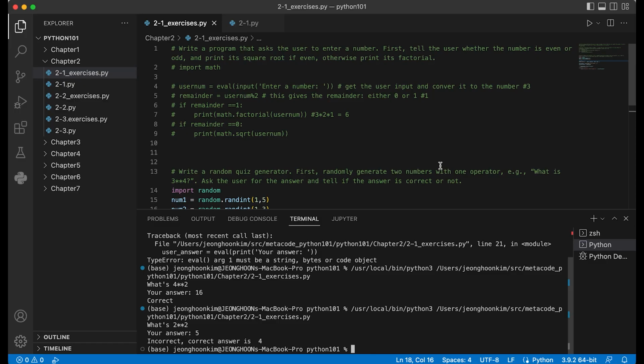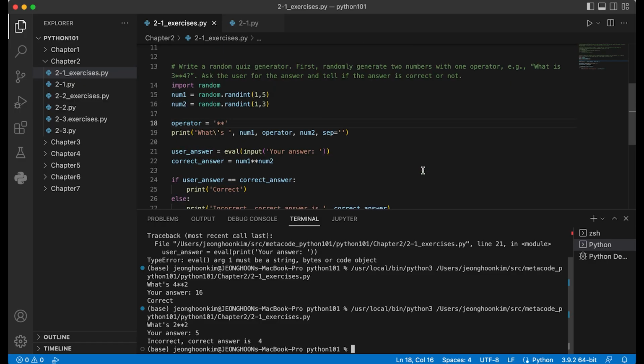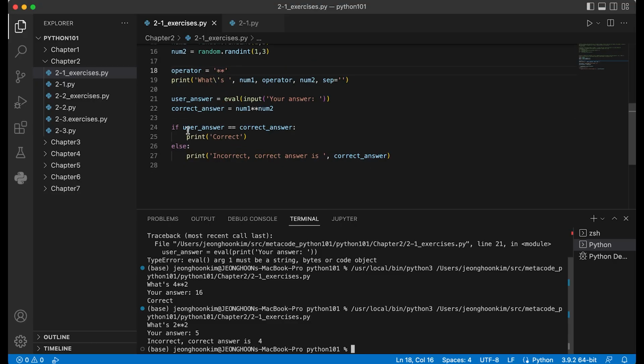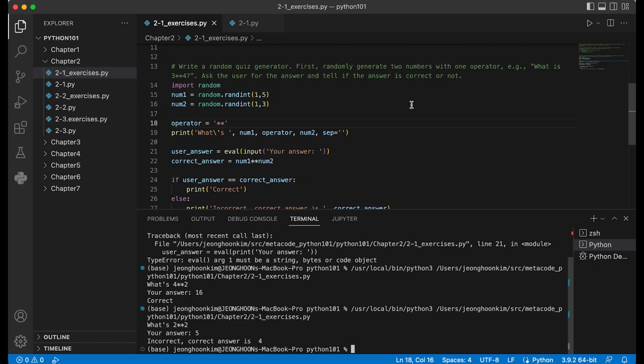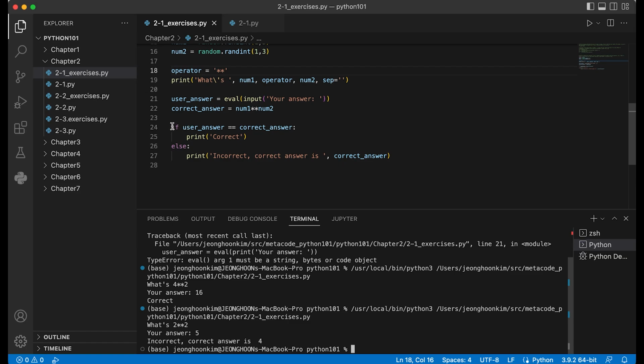Feel free to solve these questions on your own and try to compare your solution to mine. Don't worry that some things are related to what you have not learned so far. You can just copy whatever I do, but practice the part you've learned, right? These are simple, I just want you to be familiar with how it looks, so you get used to it when you want to use it later, right?